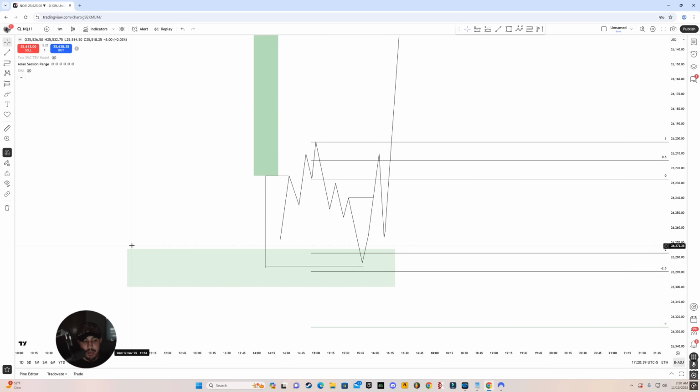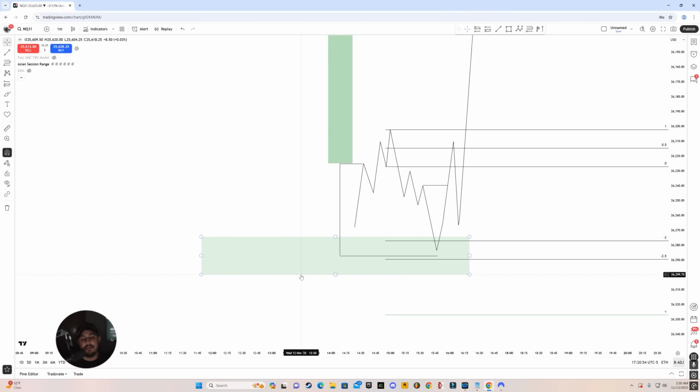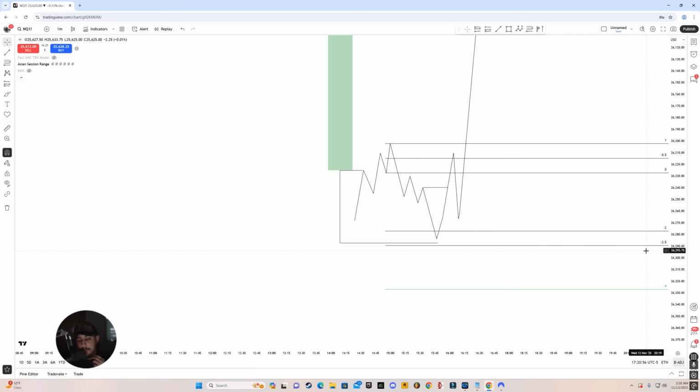So again, we have a 15-minute fair value gap. Price accumulates, price opens here, the 10 a.m. candle opens here, it first accumulates, manipulates into the 15-minute gap, our bias is bullish, and then we look for a market structure shift. Now, if there is no 15-minute fair value gap that formed for the entire day,